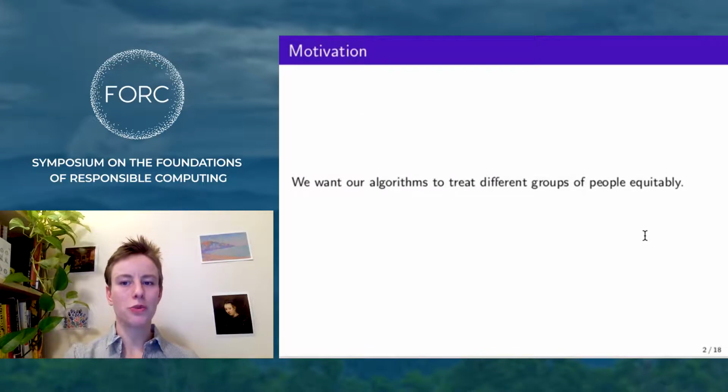As a general rule, we'd like our algorithms to be equitable across different groups of people. But what is meant by this varies. Today, I'll be talking about a new definition of fairness we propose, approximate lexicographic fairness. I'll discuss some properties of this fairness form, and we'll introduce Oracle-efficient algorithms for it.